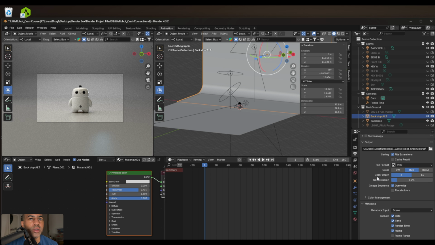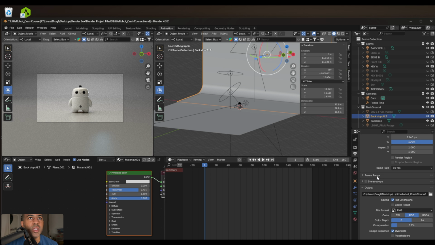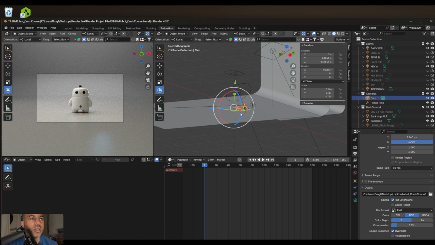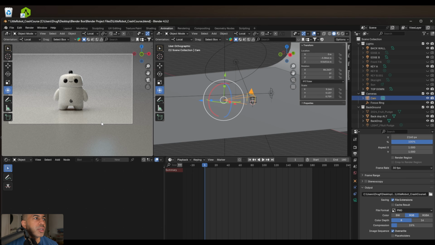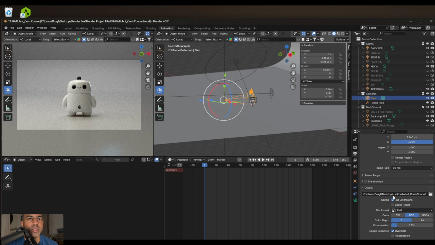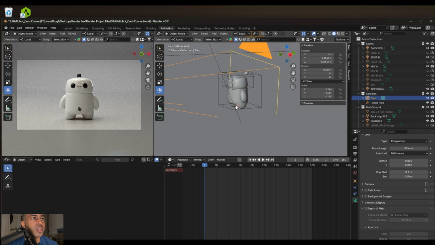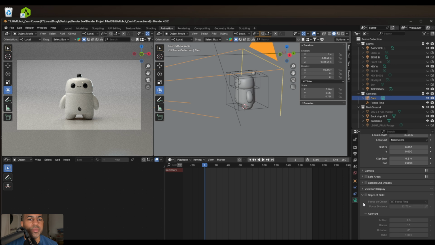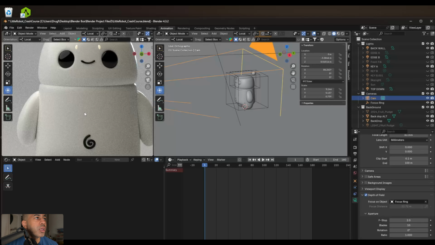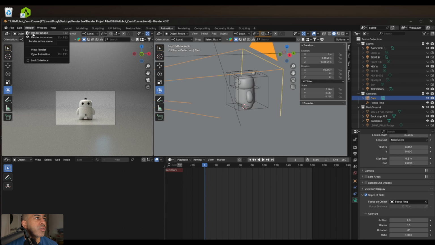Let's take our camera and let's see if we don't want to scroll in a little bit more or if that's good for us. All right, and let's make sure the focus ring is good. Oh, I haven't even checked the depth of field, which isn't on. Okay, that looks great. Let's render